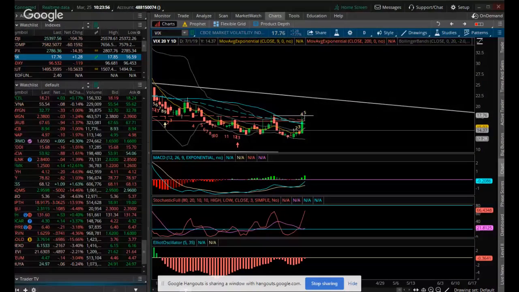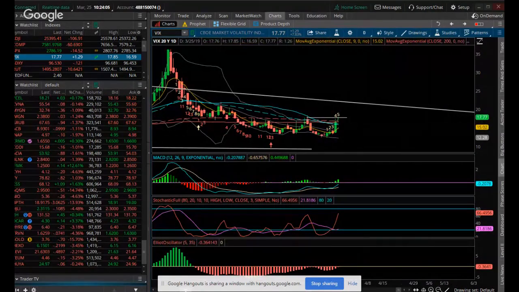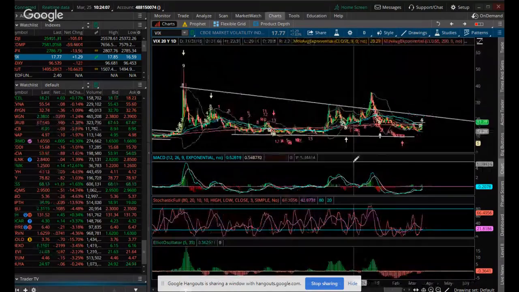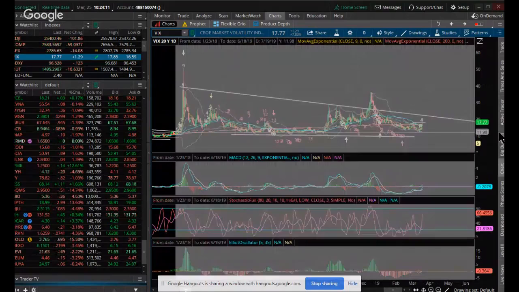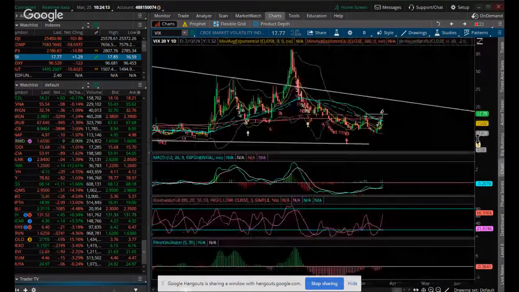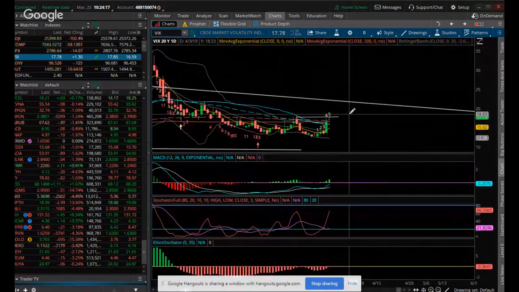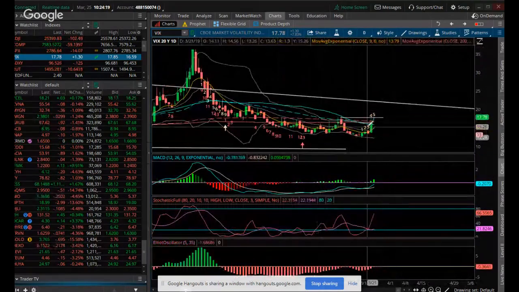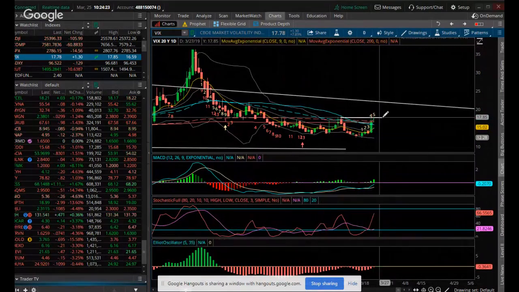All right, so we're looking at the VIX. This is the volatility index. It measures the fear in the market. And as you can see, we've had a nice trend line. And now we can see that there are some resistances that could clear. And our momentum counter